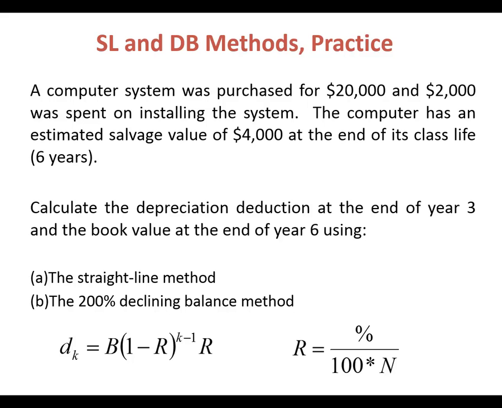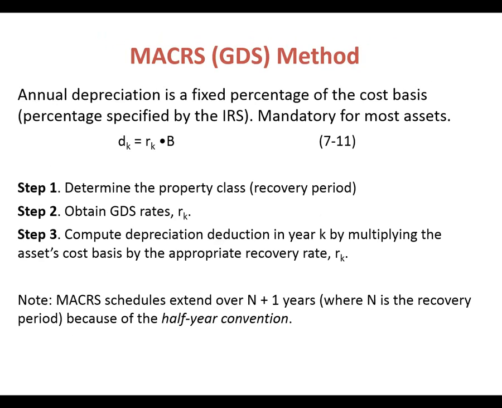And in the GDS method, you basically look up what class or category the equipment that needs to be depreciated falls into. And there's a table in your book, and we'll look at the table here in a minute, that classifies equipment according to certain categories, and then based on what category it's in, it tells you both how long that item is going to last and also how much depreciation happens each year of its life.